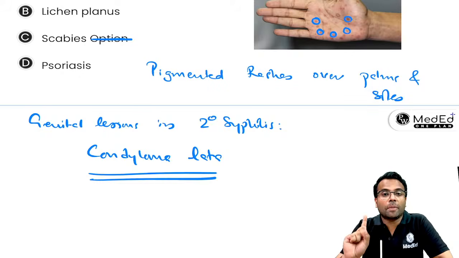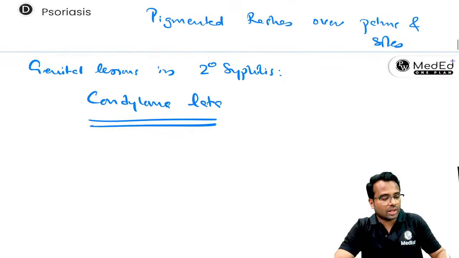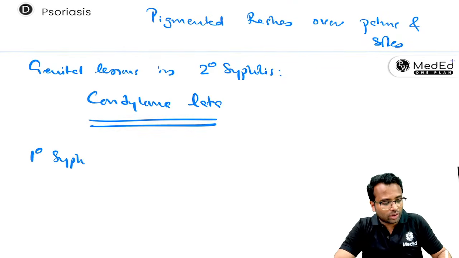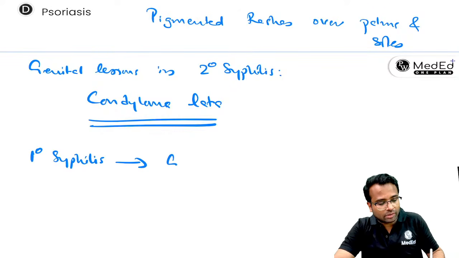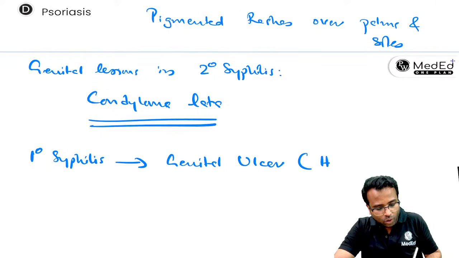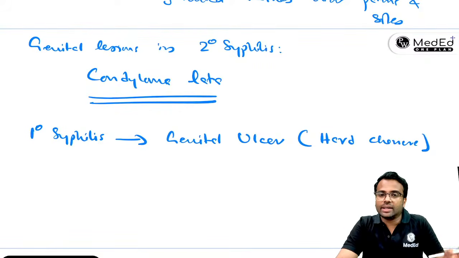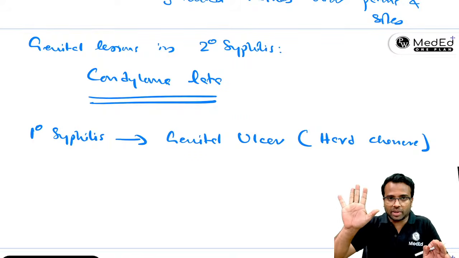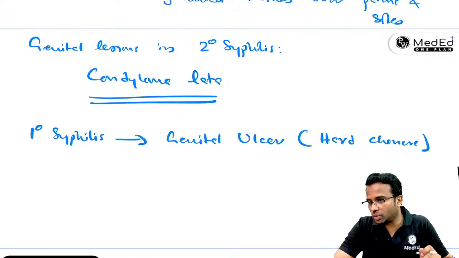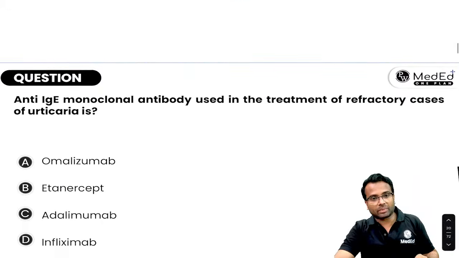So please remember, primary syphilis, the very important thing that you should have a good clarity. Primary syphilis will present as a genital ulcer, which is also called a hard chancre. But in secondary syphilis, there is no ulcer. In secondary syphilis, you get a lot of skin lesions like the pigmented lesions over the palms and soles. So moving further, the next question is